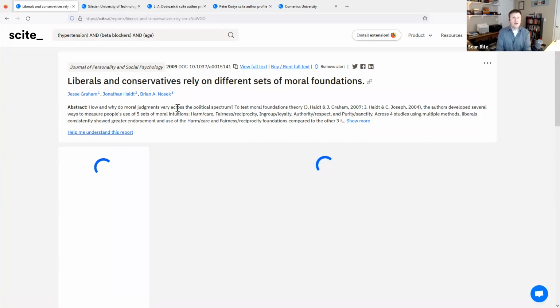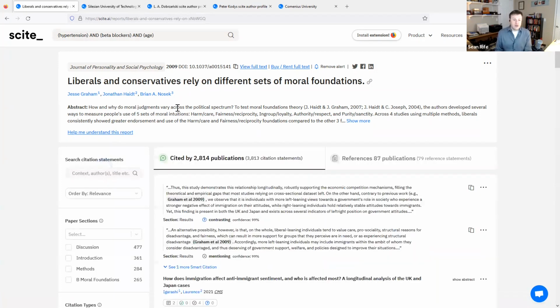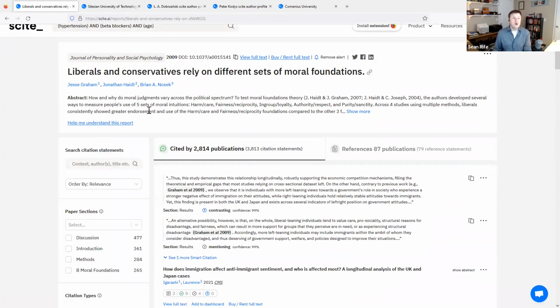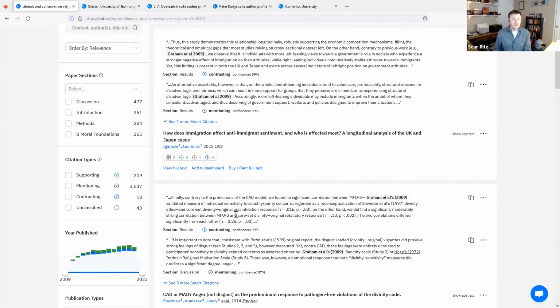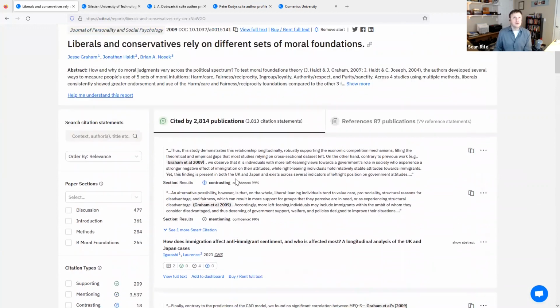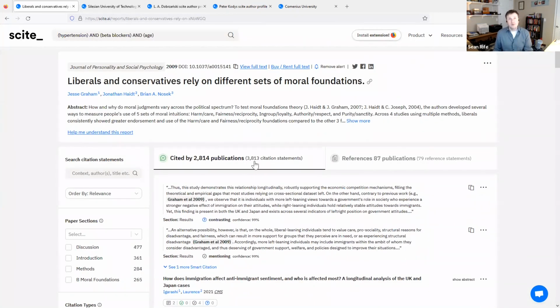Have there been more contrasting citations since the last time I taught this course? That's one way that I've been building my reading lists every time I teach that class. In fact, there are a couple of important papers that I would not have known about otherwise that have really changed the way that I talk about the theory that's outlined in this paper. I'm a bit more skeptical of it than I was initially, and that is a development in my work as a professor that wouldn't have happened were it not for scite.